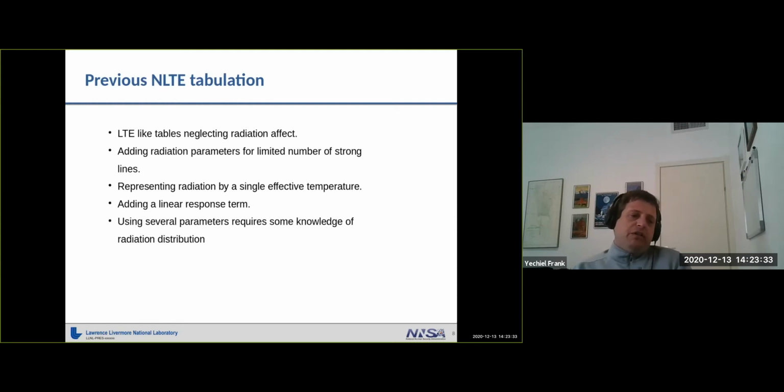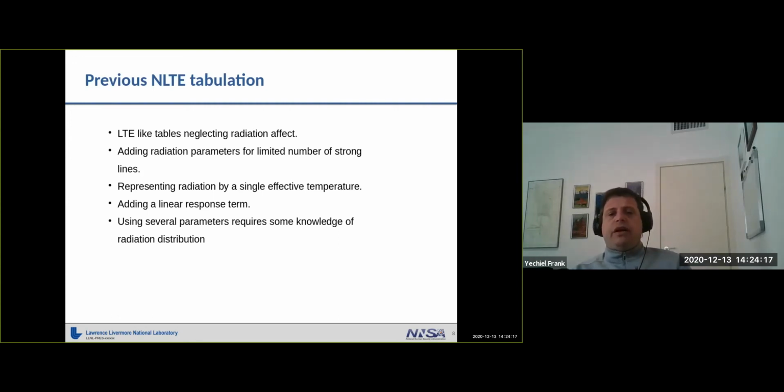So you solve a non-LTE model assuming the radiation plays no role, and the only thing is that it's not in equilibrium, so you don't have any temperature. There's a whole other section where you do add radiation parameters, but only for a very limited number of strong lines. In this case, you're assuming that the radiation doesn't carry much energy from one place to the other, but it does affect the population distribution, which is not the case in things that we are interested in. Again, this is the case of the hohlraum, where a lot of energy is actually carried by the radiation, and therefore you cannot decouple that.